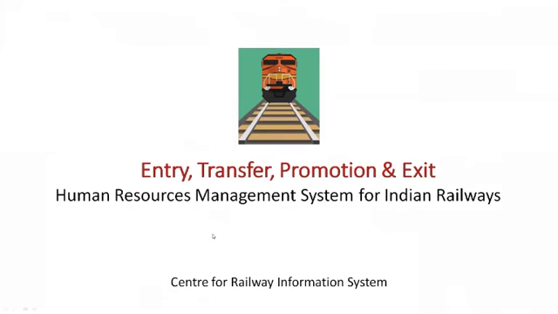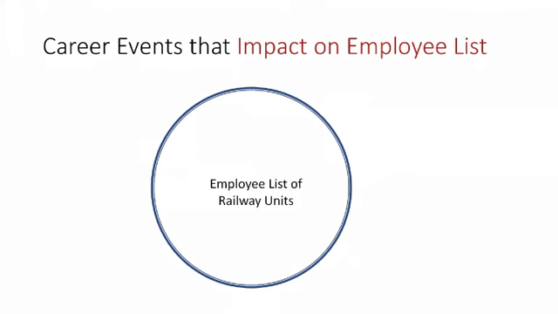We will start with the different types of orders. We'll talk about how they are to be issued, how they are to be treated as an event, and what will be the trigger for transferring the data. Coming to the orders, these are the four types of career events which we are capturing. Number one is first appointment. Do remember that we are not capturing the offer of appointment here. We start from where we give our employee his first place of posting, the order where you mention his first place of posting.